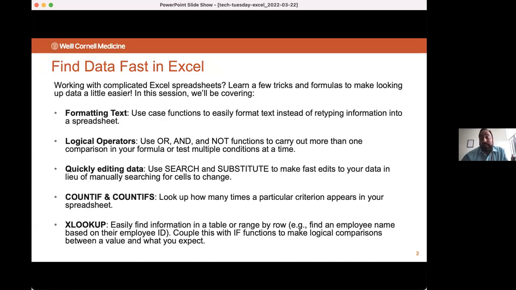So that's a good example. COUNTIF and COUNTIFS, just a great way if you have a large data set and you want to look at and slice and dice it a little bit. And XLOOKUP, Excel was really popularly known for VLOOKUPs. There's a newer function called XLOOKUP that allows you to look across multiple sheets or even multiple spreadsheets. And it's really powerful when you're collating data sets across multiple systems. So we're going to try to build as we go. By the time we get to some XLOOKUPs, they're going to include a lot of the other functions that